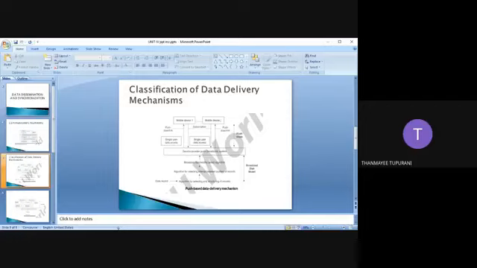Whenever a client asks for something, the server should submit that particular file to the client, satisfying the client's needs from the server side. So pull based is on demand: the server disseminates information based on outstanding requests submitted by the client.